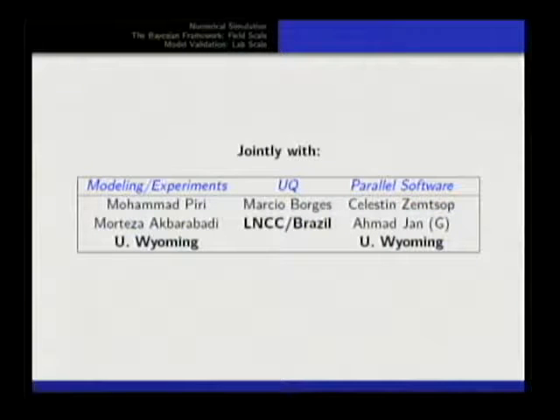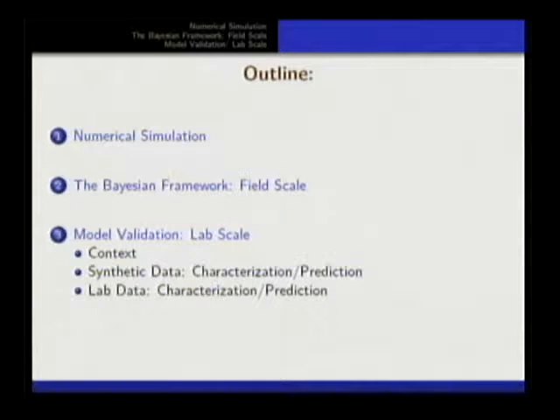We also need a simulator. The main developer at this point is Celestin. And this is a graduate student that has been really doing most of the hard work in this project. He should actually be listed in both columns here, Ahmad Jam. So as I have indicated, we need these two components to be able to look at the validation problem. I will go through briefly discussing methods we have been using for the numerical simulation. And then we need a framework for uncertainty quantification.